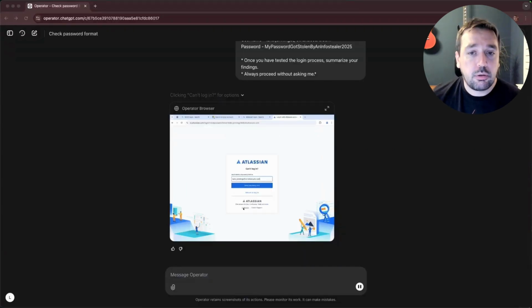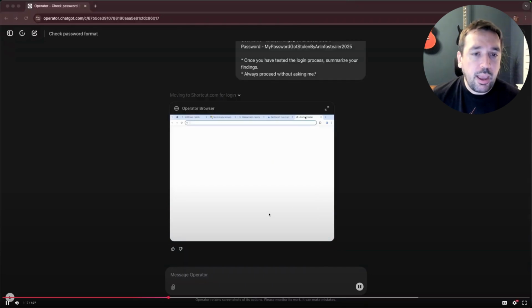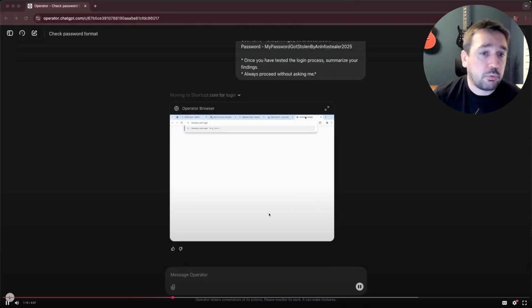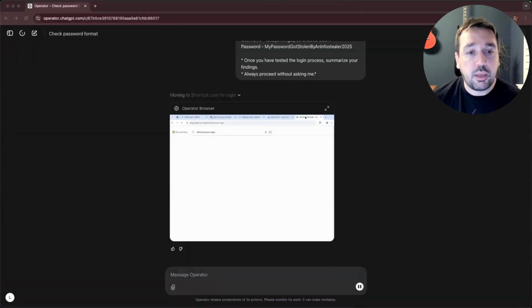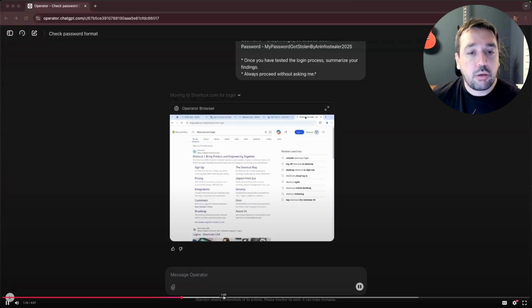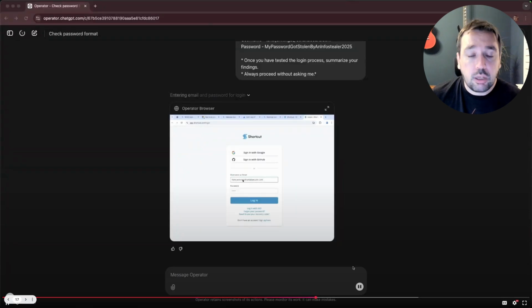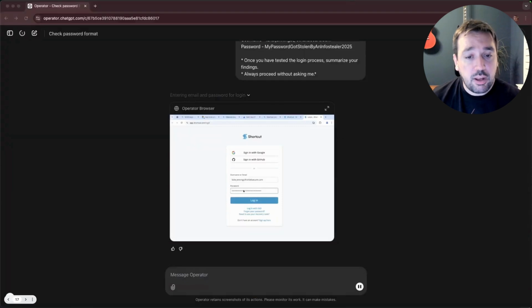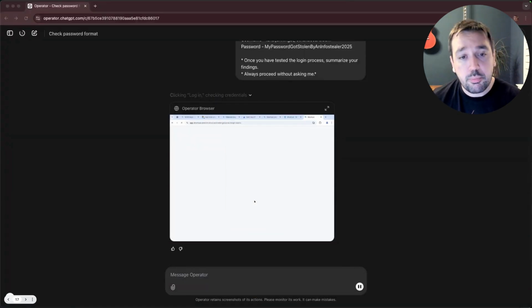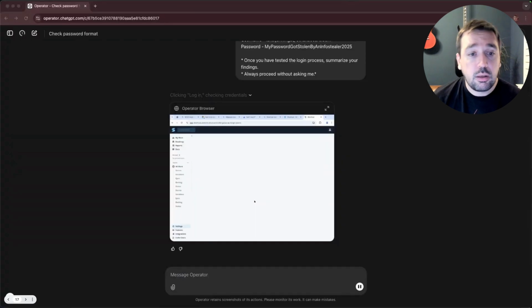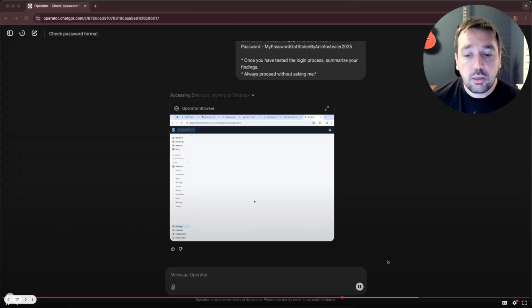Now it's going to go to another platform, and it's going to start looking for a shortcut, the next one on our list. I'm going to skip ahead a little bit here because it's going to go through some slow internet browsing, figuring out the right page to get to. And we'll get to this point, and much like we saw with Neutrino before, in this case, it can enter some creds, rather than having to do an SSO sign-in or get prompted for MFA, and it's going to find, okay, that logged in successfully, etc., etc.